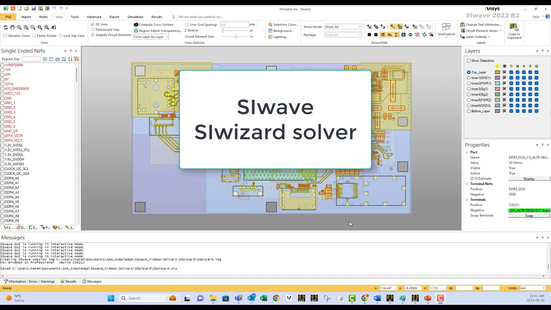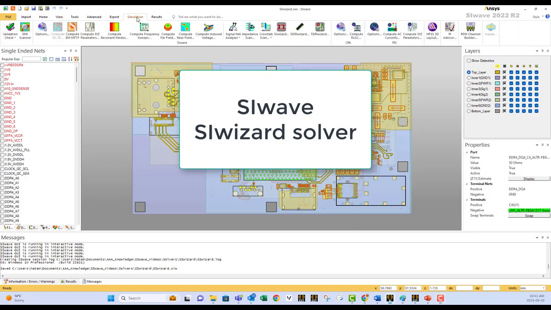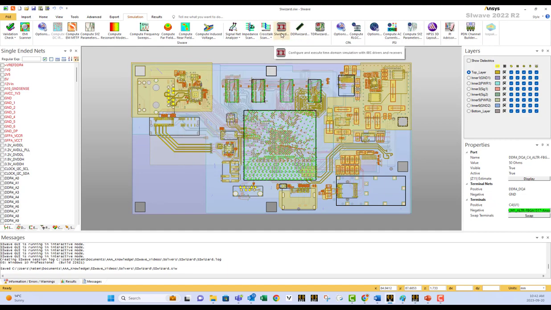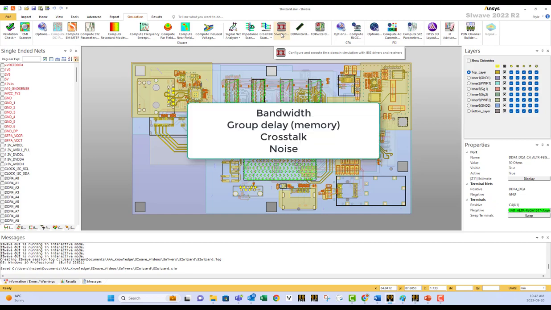SIwave is a power integrity and signal integrity tool. Signal Integrity Wizard, which is this solver, is the main tool for signal integrity analysis. Signal Integrity Wizard is used to study the signal integrity of RF, clock, and control traces. Using this tool, the user can check if the bandwidth is sufficient and if the group delay deficiency is tolerable